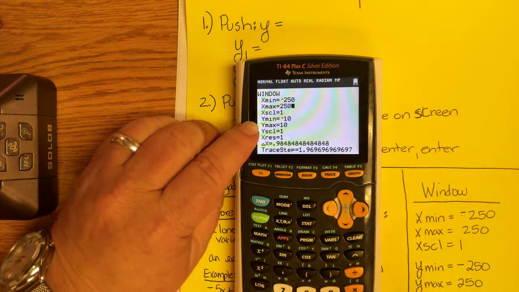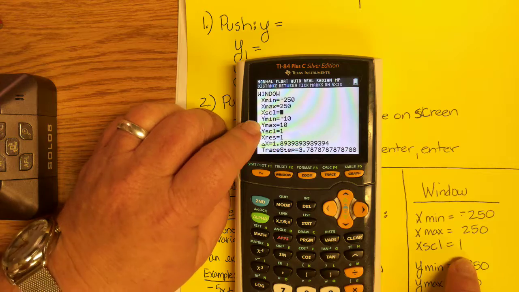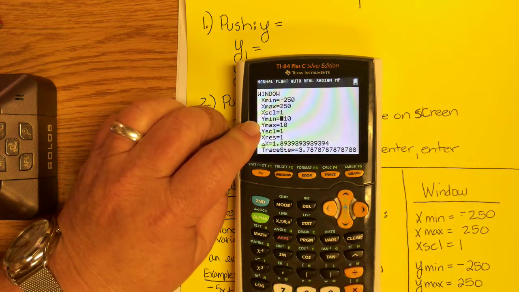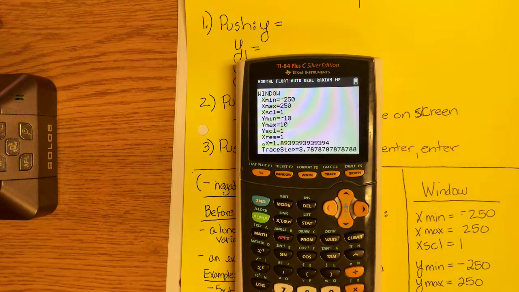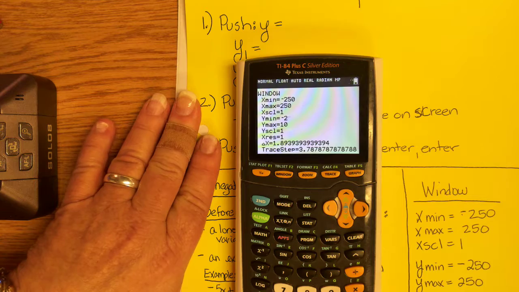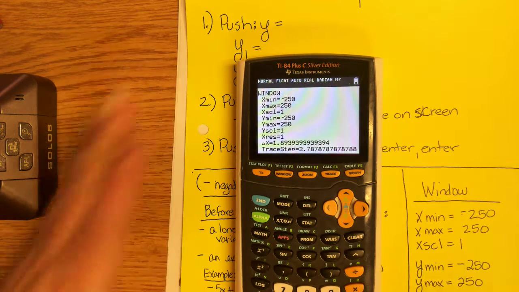All right, now we have this next one. We always just leave it on 1, okay? So arrow, do not clear. Then you have a Y minimum. We're going to make this look as square as possible. We're going to put negative 250 for the Y minimum and 250. Now, if you hit